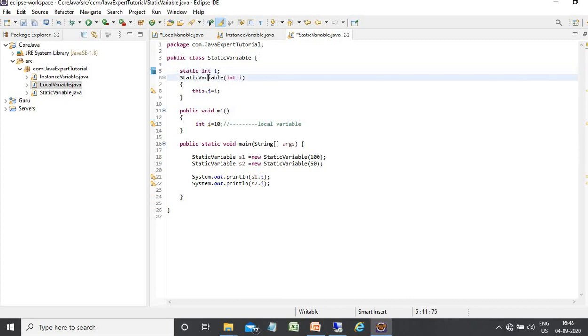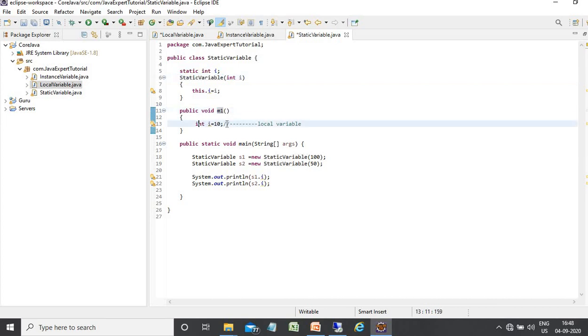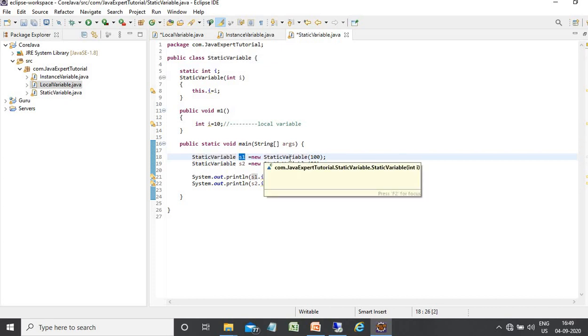After that, I describe a constructor inside the class and also define the m1 method. Inside the m1 method I describe one local variable. So first I create the object of static variable s1 and passing the parameter 100.